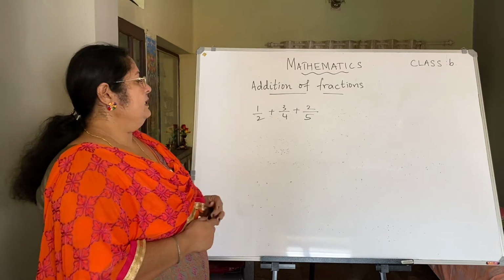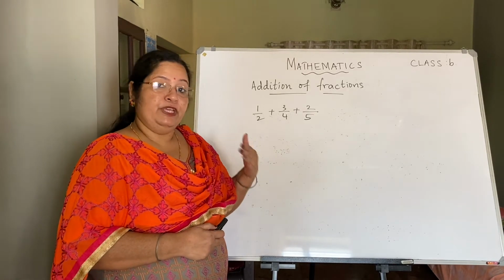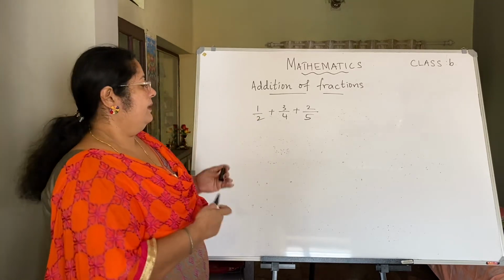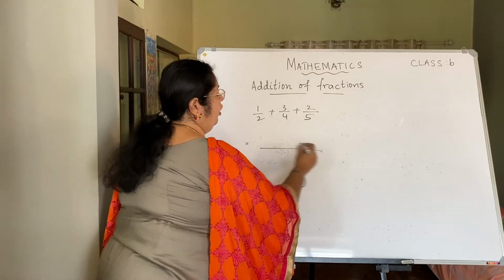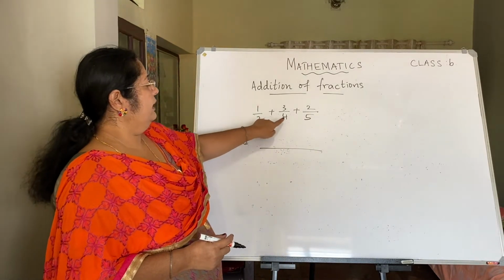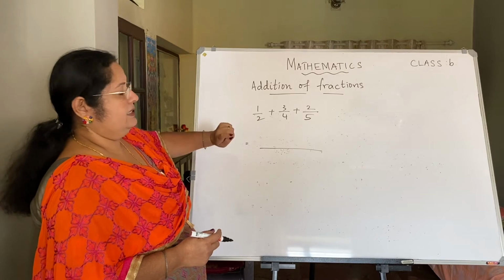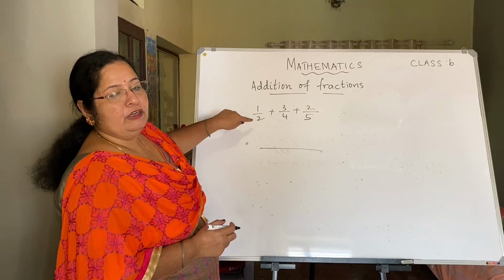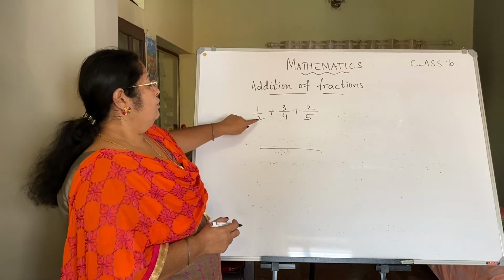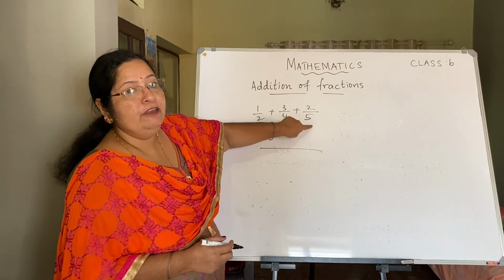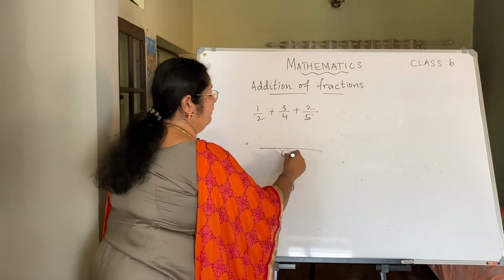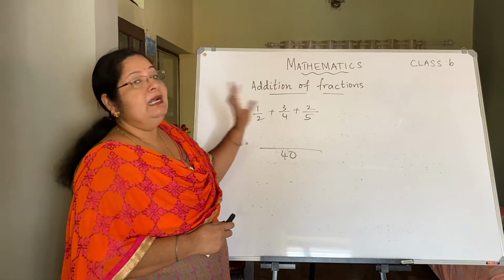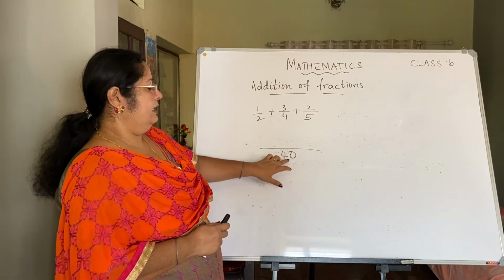Now here what we do is, here also there are different ways of doing. So one easier way is, here the denominator will be the product of all these three denominators. What are the three denominators? 2, 4 and 5. Find the product of all these three denominators. So 2 into 4, 8. 8 into 5, 40. So 40 will be the denominator. How did you get this 40? You have multiplied the denominators. So here the denominator will be 40.